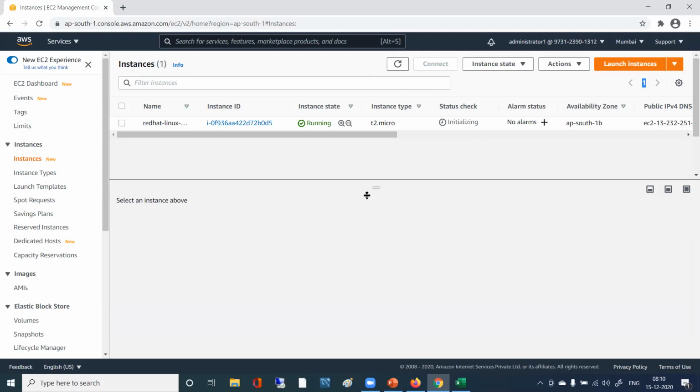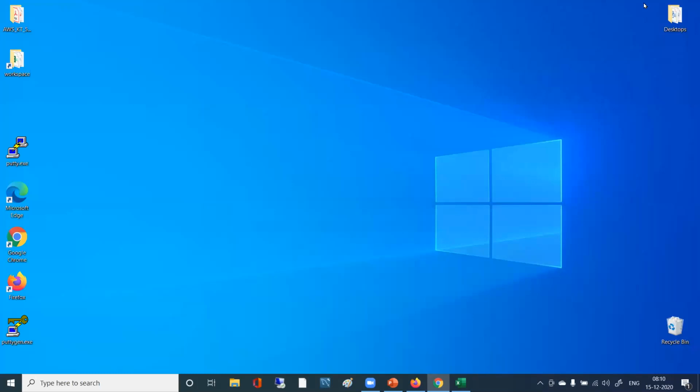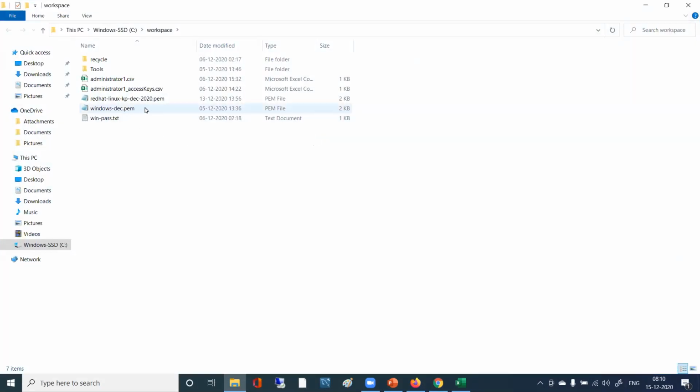Okay, perfect. So now what you can do, you have the PEM file already, correct? As we were discussing in the last session, we should have that. Where is that PEM file?